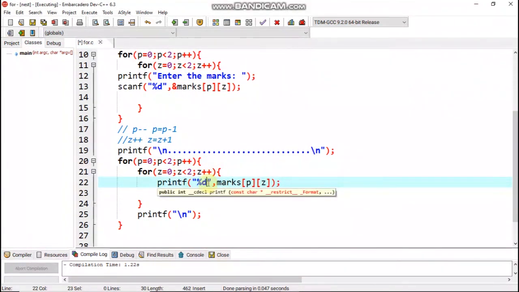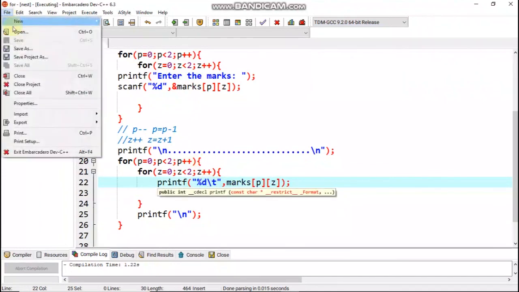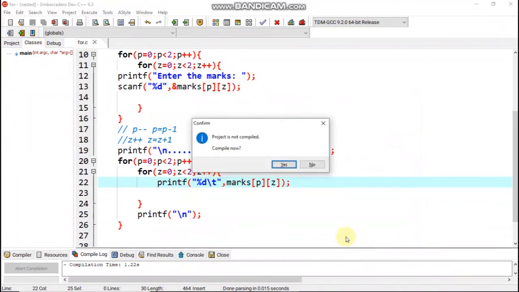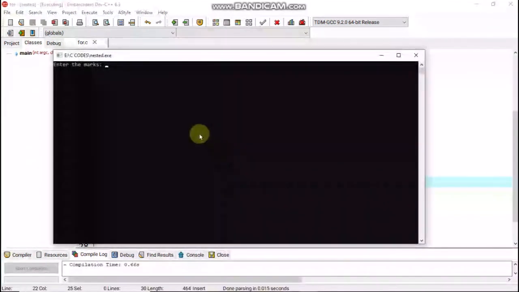So I would use \t, and if we go back and resave this, and we run and input marks,